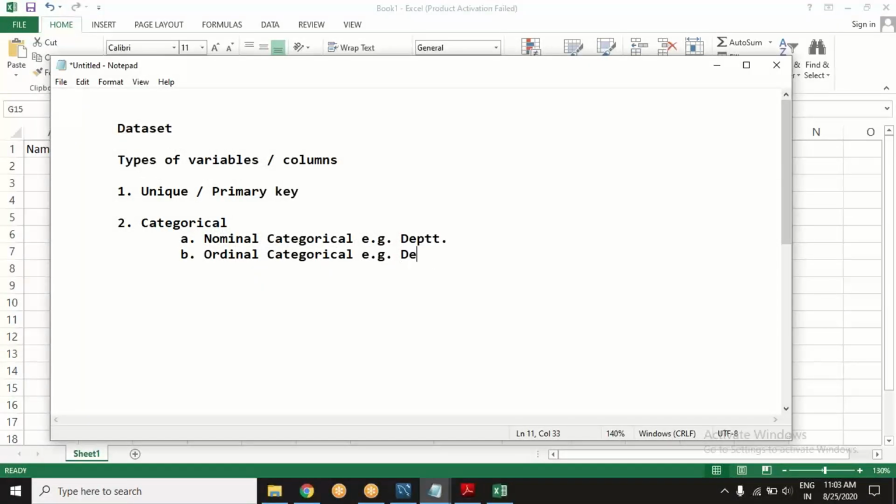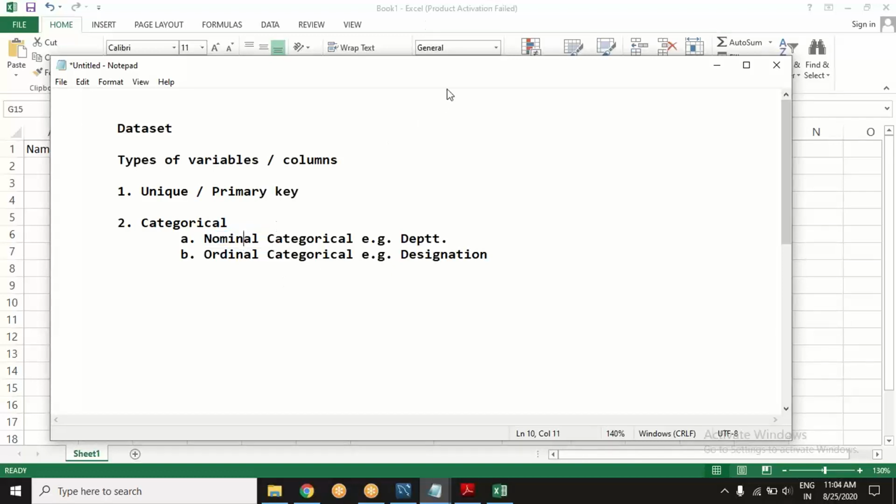For example, designation. Ordinal categorical like designation. Before that, I said department is nominal categorical.